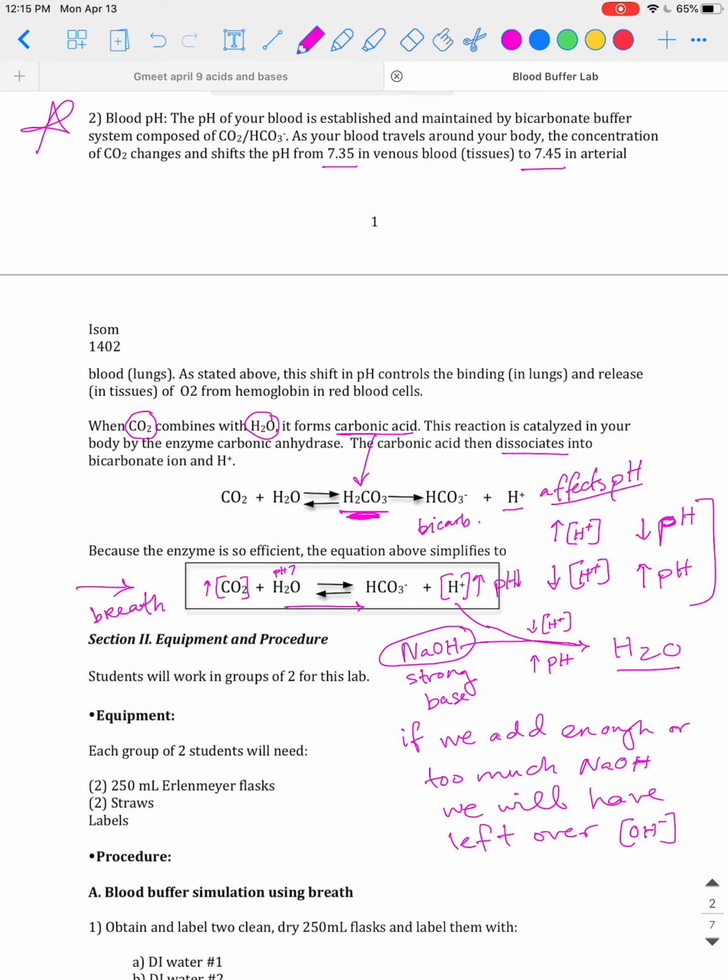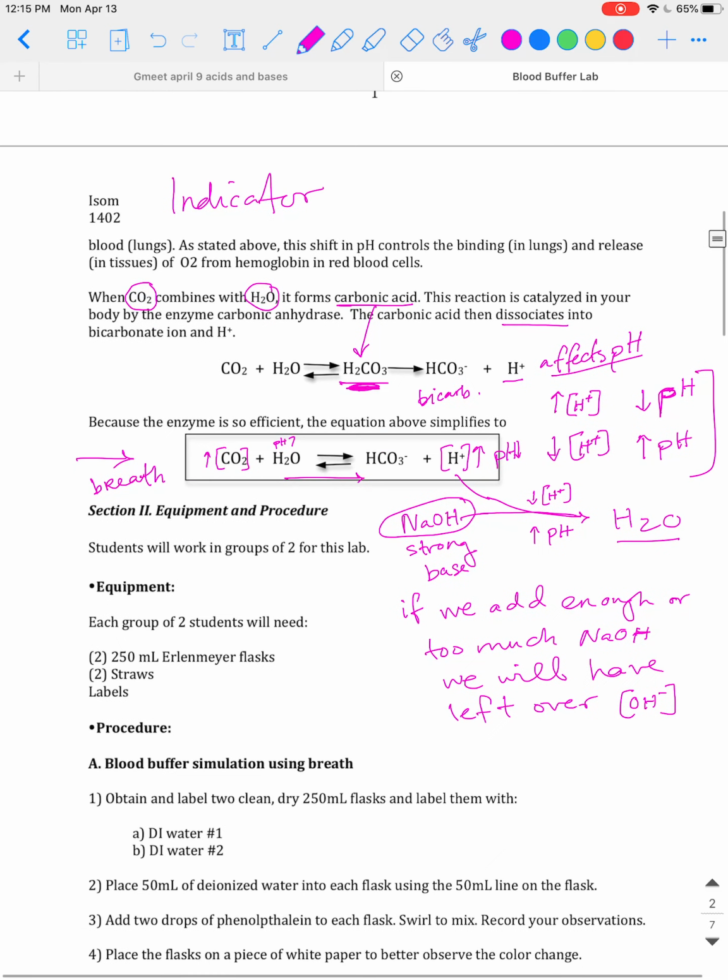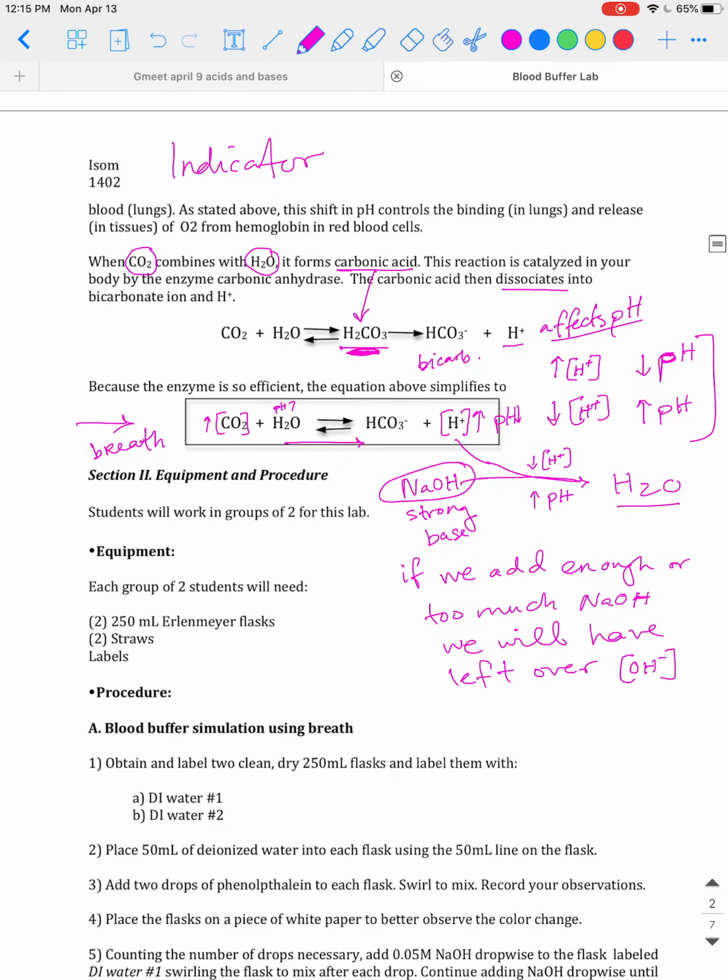So as you watch the videos that are posted on each part of this lab, there's 3 parts. Remember what I'm talking about here. We essentially have 2 reactions. We have this blood buffer system with the CO2 in the water, and then we have NaOH reacting with the H+, neutralizing it to make water, okay? And the indicator, what indicator are we adding? I think it tells us somewhere down here that we are going to be adding an indicator which is phenolphthalein,